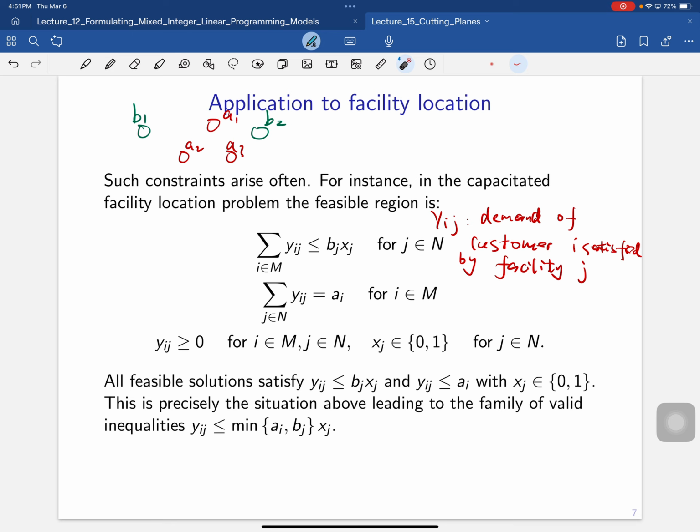Right, so this is basically saying the demand satisfied by facility J, right? The customer's ith demand satisfied by facility J is less than or equal to the capacity of facility J times xj, right? This is clearly true because you can think about Yij as,